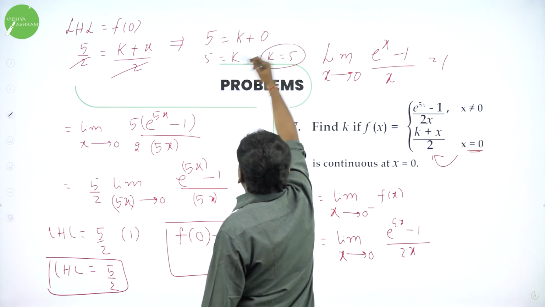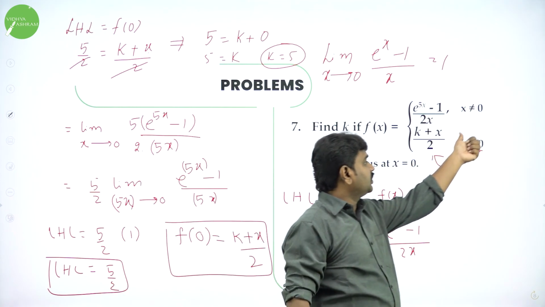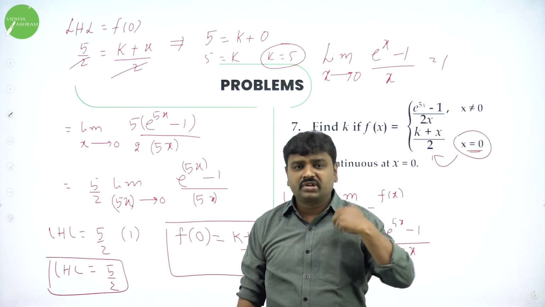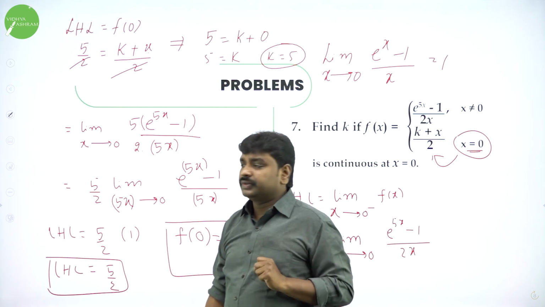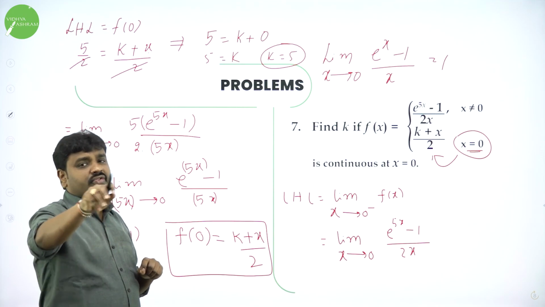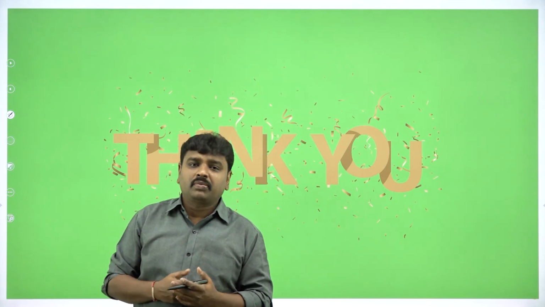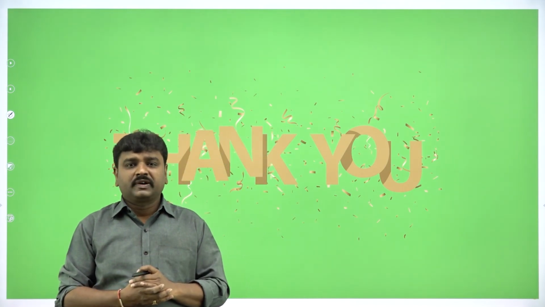5 is the answer. Here, in the place of x what do we need to put? They told us the x value is 0. Substituted. I hope all of you got this. So this is also one of the important questions. They will tell you it is continuous, and you should find the unknown. So these are standard problems that appeared in past papers, which I have done. I will go ahead with some more problems to end the topic.